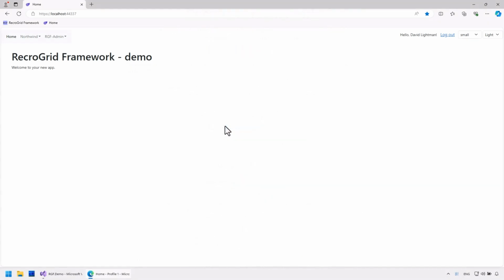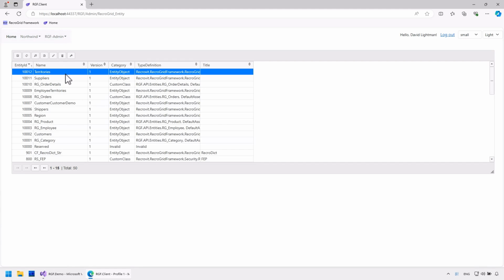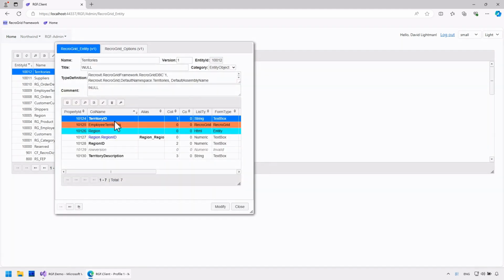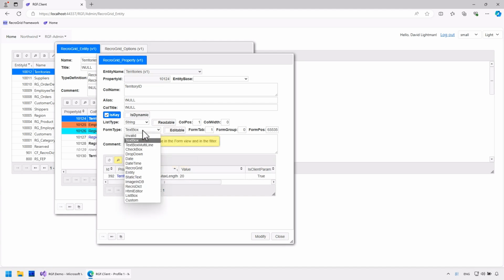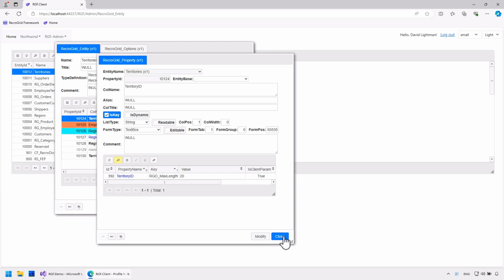In the demo, I will use the previously created Northwind sample application, and you can find videos of its creation in the description. First, let's define what we call dictionaries in the RGF, where and how we use them. For example, by examining an entity property, we can see that it contains several drop-down lists. Behind these lists, there is a dictionary. Each dictionary element has a key, which is stored in the database, and may have one or more textual values from which the user can choose.